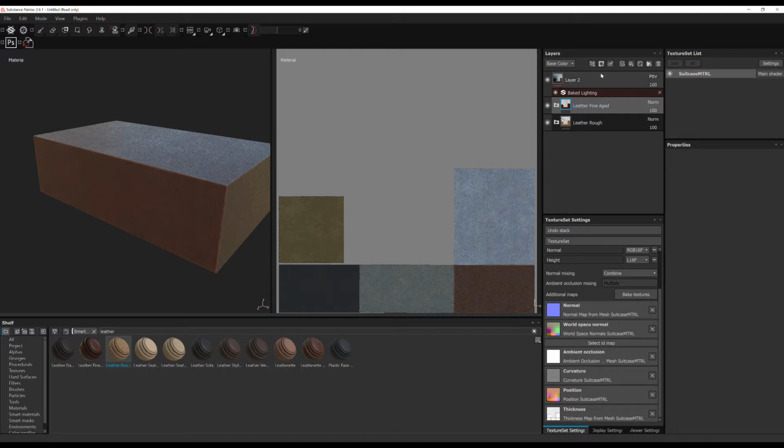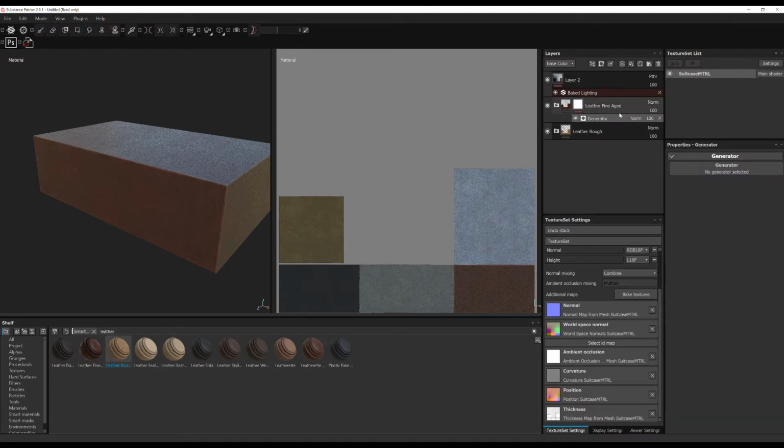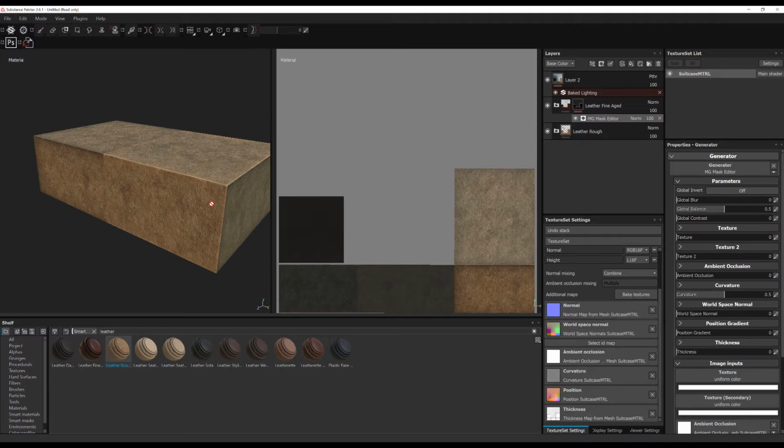Sorry, let's add a mask first. Let's add a white mask. It doesn't matter because our generator is going to adjust it. And then let's add a generator here. Now I'm going to go in here and I'm going to select MG Mask Builder. And what's happening though is it masked everything out that I don't want, and I want to invert this so